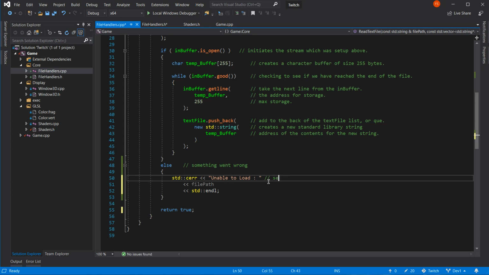So basically what we're doing here is we send a message to the error console. We then follow that message with the cause of the error.